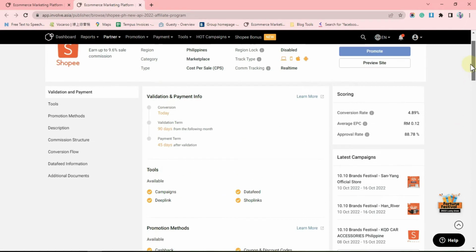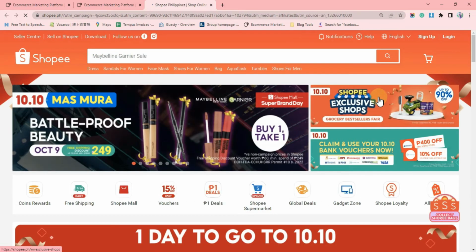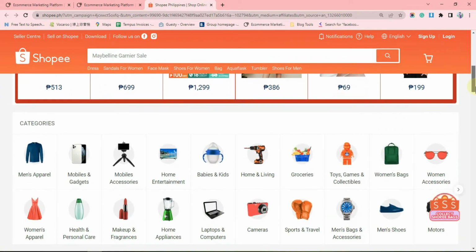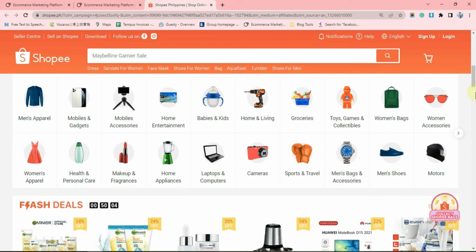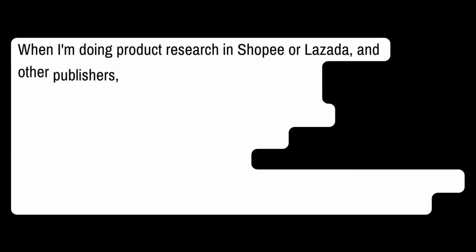I will click the preview site. Now here, we can see the different categories of products. Pwede kang pumili dito kahit alin at kahit ano ang gusto mong i-promote sa iyong Facebook or sa iba mong social media account. So when I am doing product research in Shopee or Lazada and other publishers, I always consider